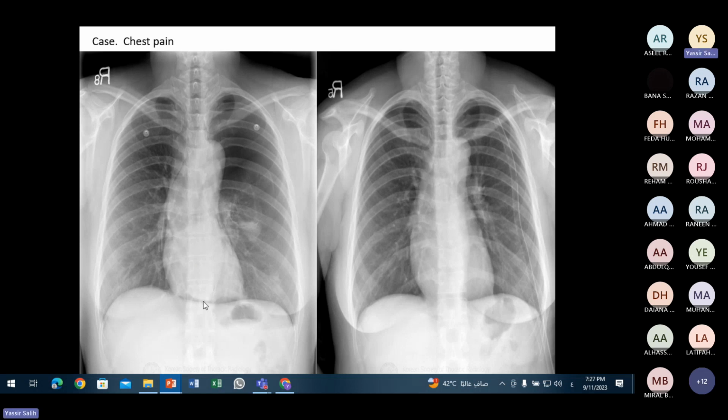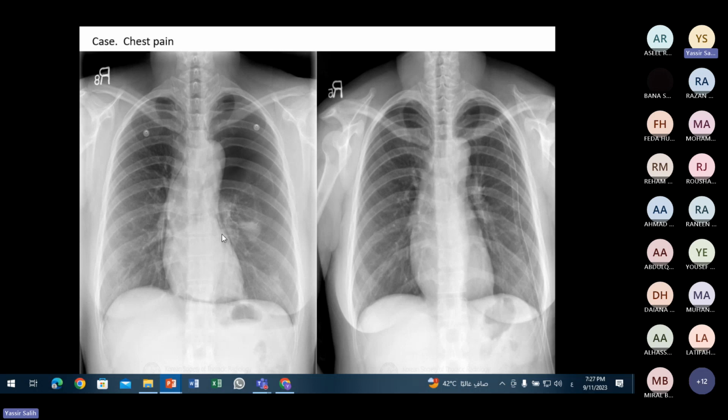This sign is called the continuous diaphragm sign. The diaphragm is normally not supposed to be seen in this area, but here it is continuously seen. So this is called the continuous diaphragm sign. This is a case of pneumomediastinum. Although you are right, there is a small amount of air, a small pneumothorax